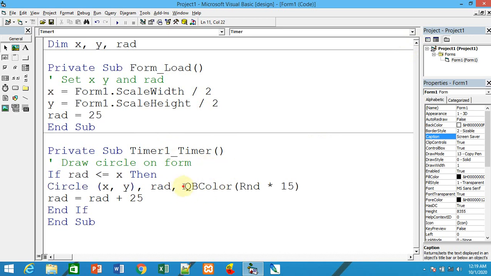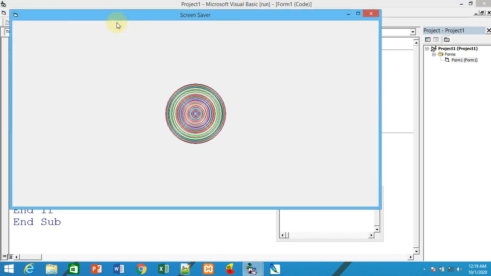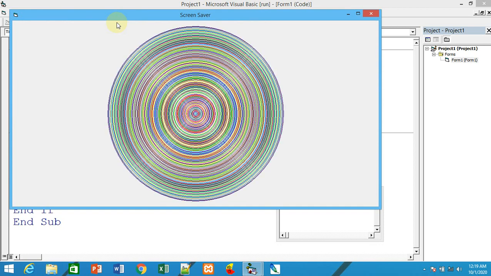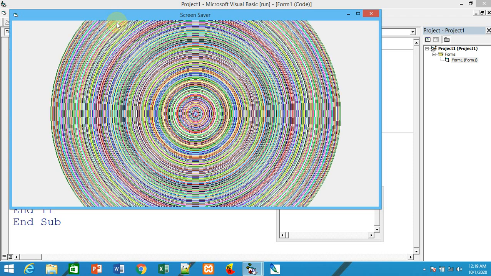QBColor random into 15 gives random colors. Now circles are generated with different colors.